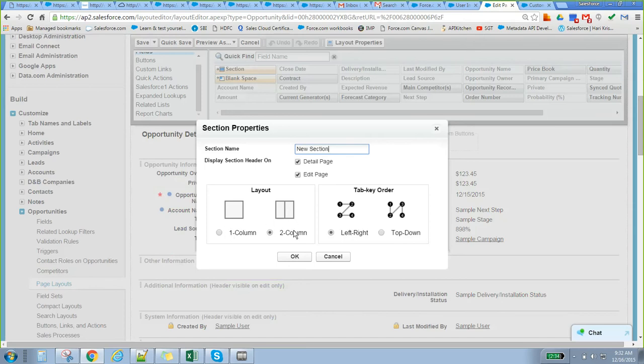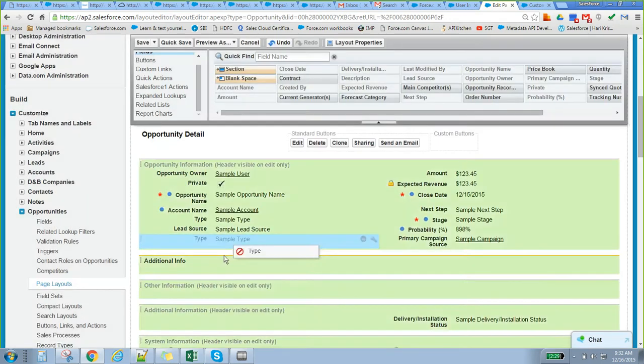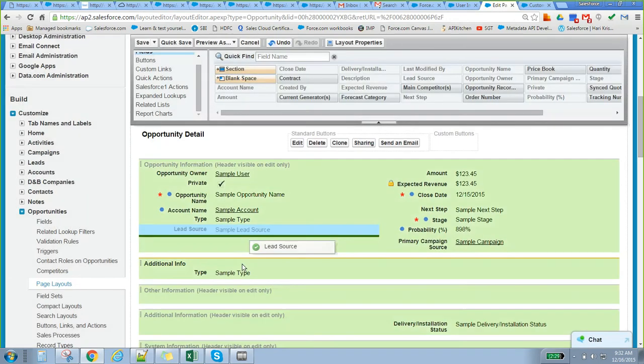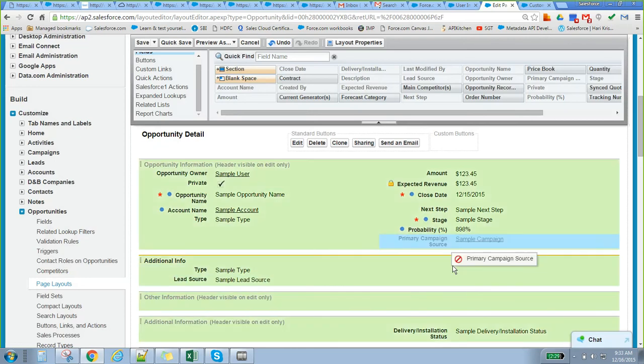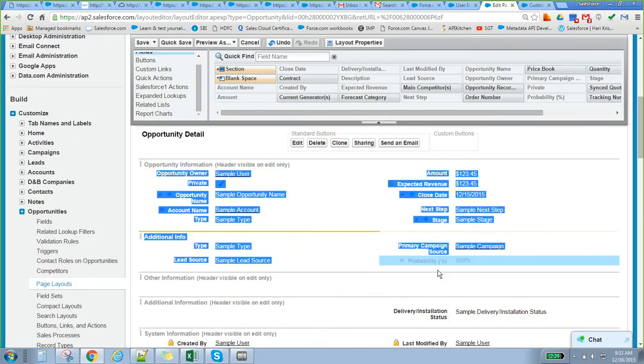Double column means it will come on two sides. New section, I will say additional info. Just drag and drop something in it. Click on save.